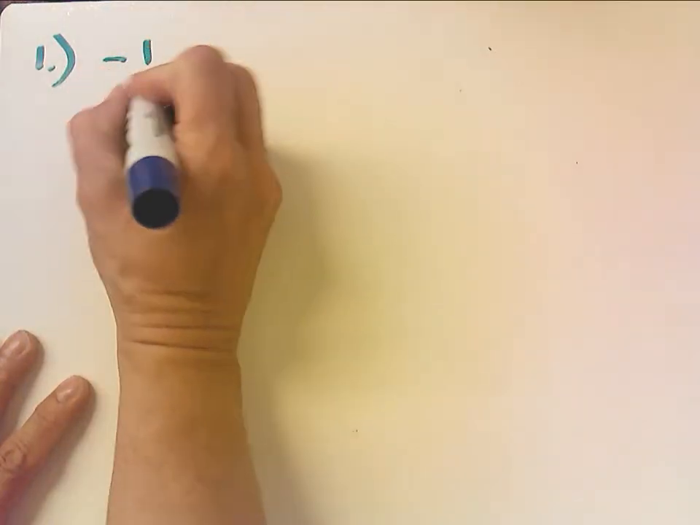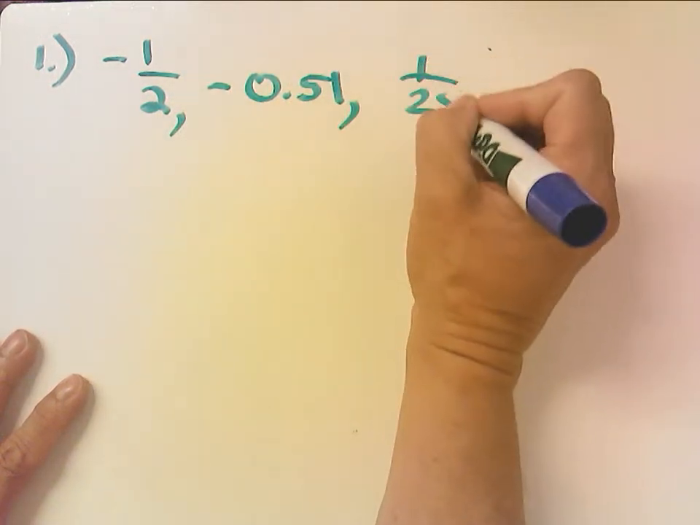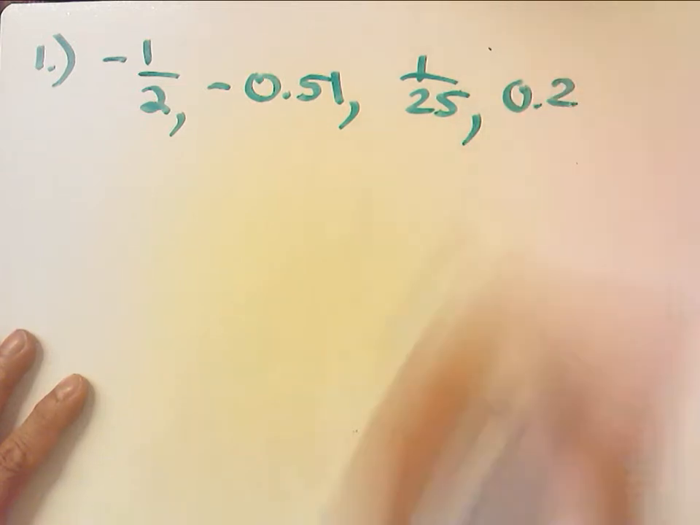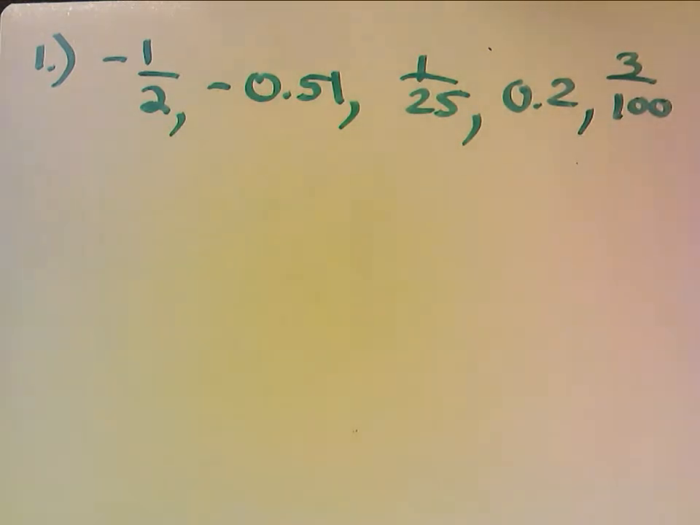Okay, I'm going to go over the homework that's on page 3 in your chapter 2 packet, 2.1 to 2.4 and 2.6. So, number 1 asks you to put into order negative 1/2, negative 0.51, 1/25, 0.2, and 3/100ths. Okay, now the first thing I'm going to do to put these in order is separate the